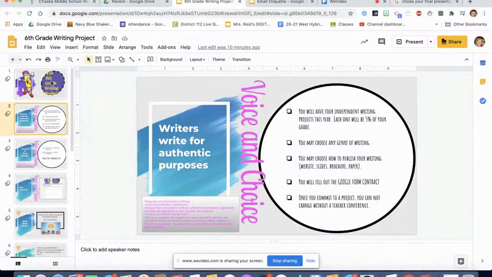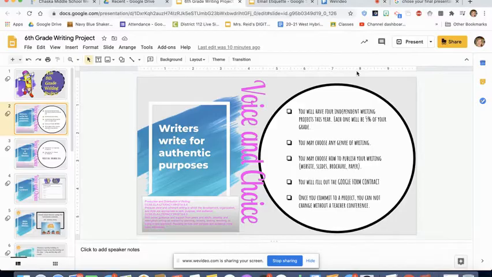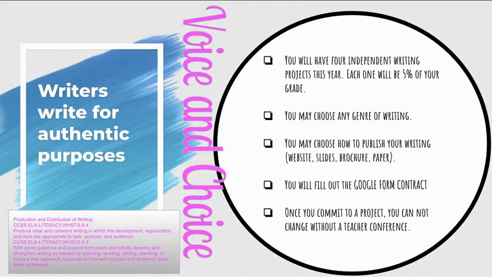So I don't want to say that we saved the best for last, but I might have saved the best for last. So I just want to talk to you briefly about the writing project. And there are some really important reasons why we are doing a writing project. The first is that we like to give you voice and choice as much as possible. We think it's really important that you get to own some of the things that you write about and learn about.